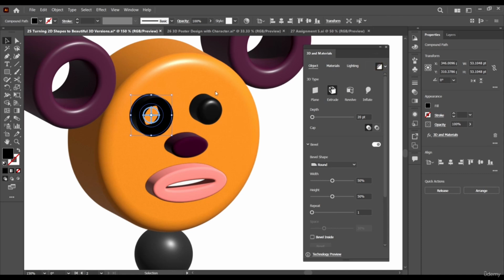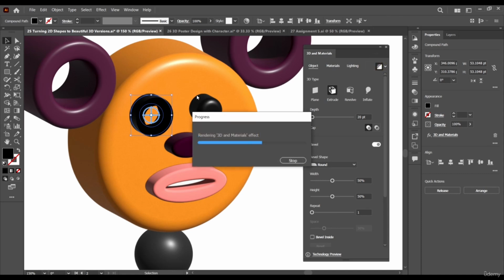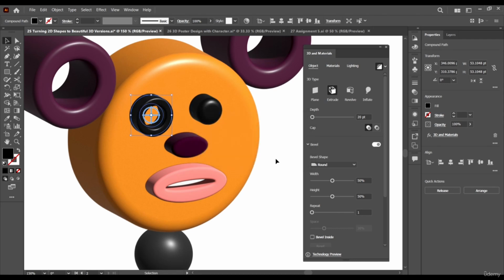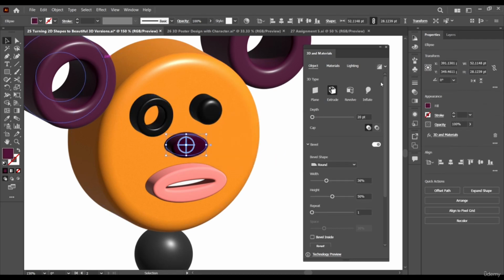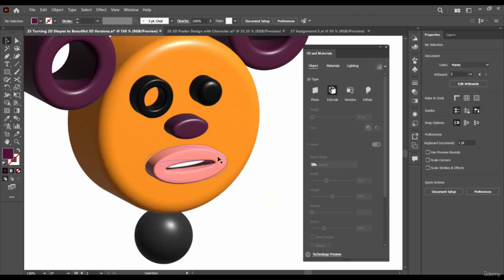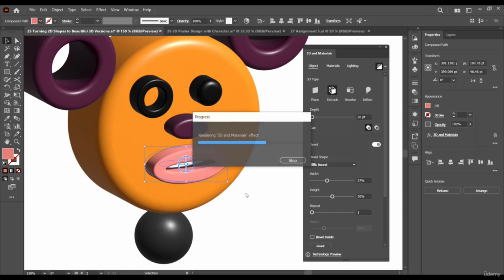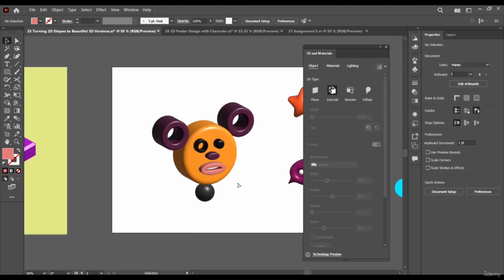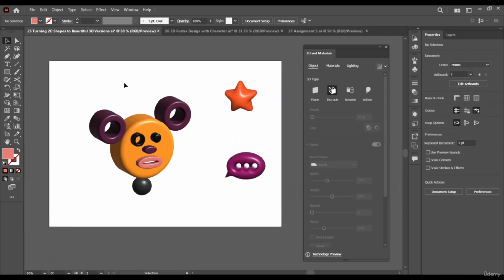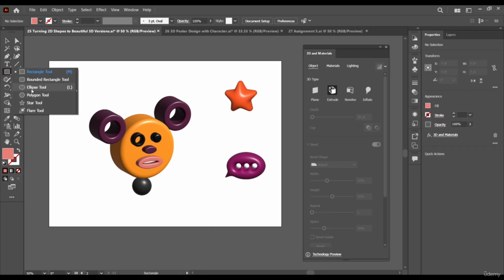Select, click render. And as you can see, we are now having a better visual on the effect here. Same with this guy. Click render. Click render. Yep, and perfect. We now have all our shapes in 3D, okay? And I feel like doing one more thing here. I'm just going to create